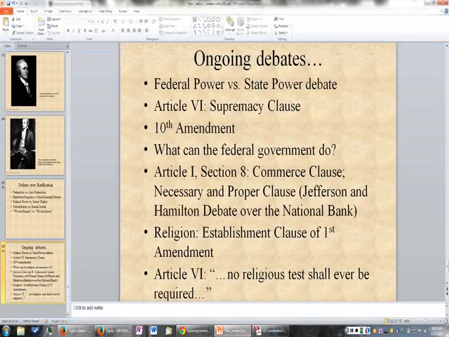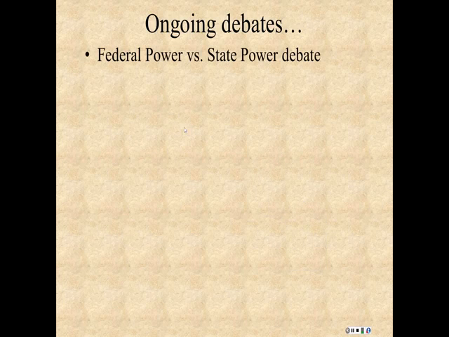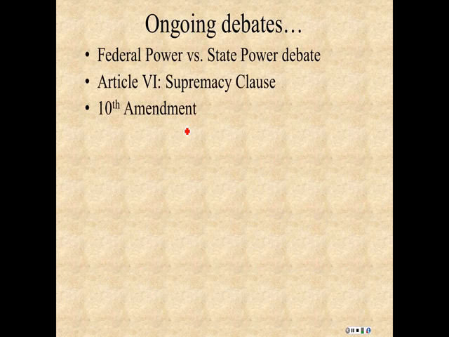So we've got the Supremacy Clause and the 10th Amendment here. Okay, so we've talked about the Supremacy Clause. I'm sorry I'm going so fast. You're going to have to look into these yourself. You're going to have to look at that document that I posted for you. You're going to have to read in your book, and you're going to have to maybe listen to this again or ask me questions if you have questions.